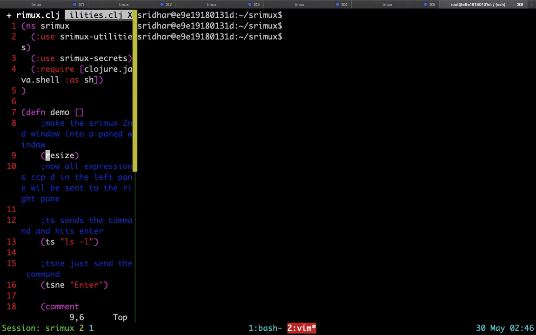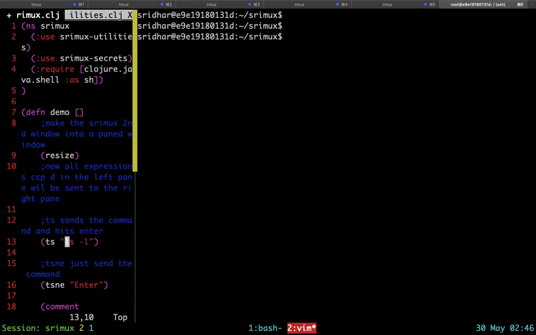Now let's try sending a command from Vim in the left pane, causing some typing of characters in the right as a side effect. Let's locate the ls -l. Now you can go to the start of the S expression, that is the bracket that is just before the TS, or if you are lazy, just hit CPP from wherever you are.